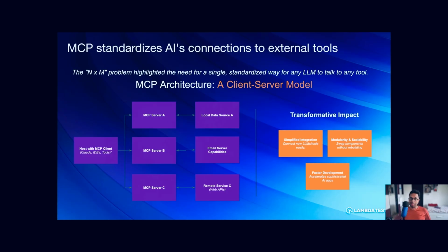So what it has done is make sure there's a simplified integration that connects LLMs to tools, which is now easy. And I want you to go back to the first slide that I was talking about, the USB Type-C example. You can start thinking about it in that way. The modularity and the scalability, like swapping a component, is now easy.